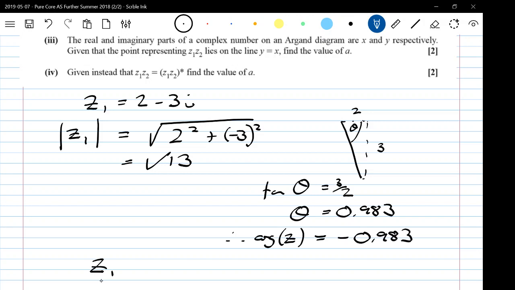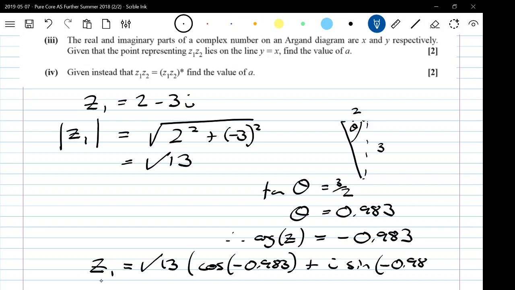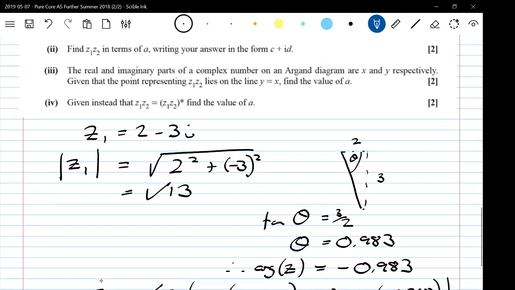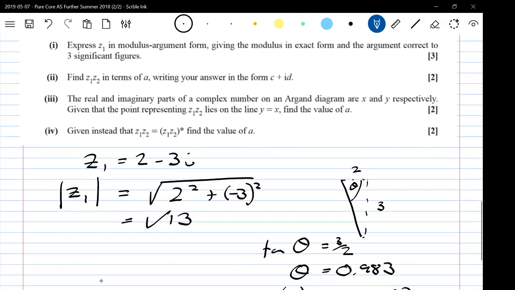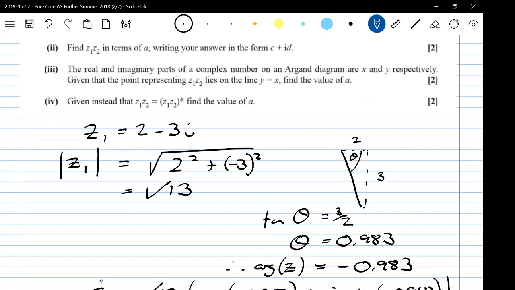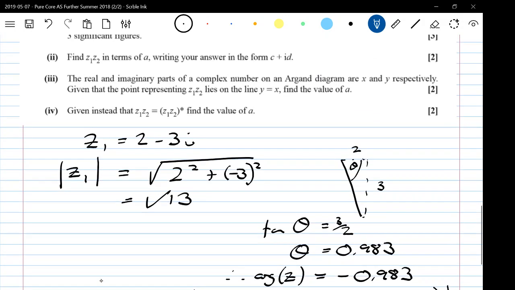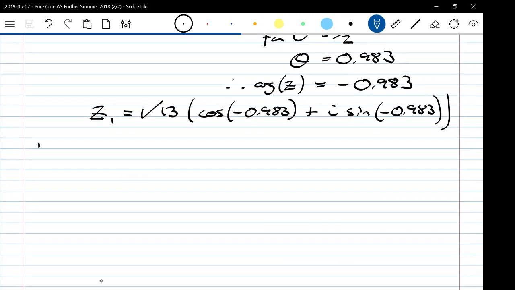So z1 is root 13 cos theta plus i sine theta, and any equivalent form to that would be acceptable. Part 2: find the real and imaginary parts of z1 z2 in terms of a, writing your answer in the form c plus id. So part 2, we are going to do z1 times z2,